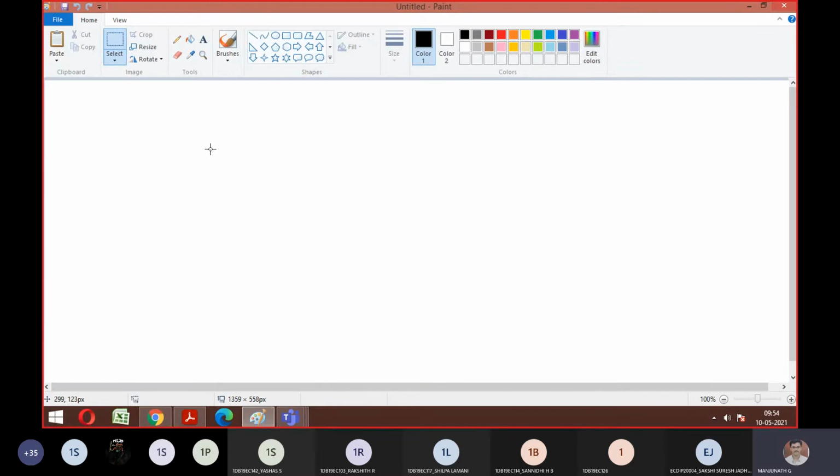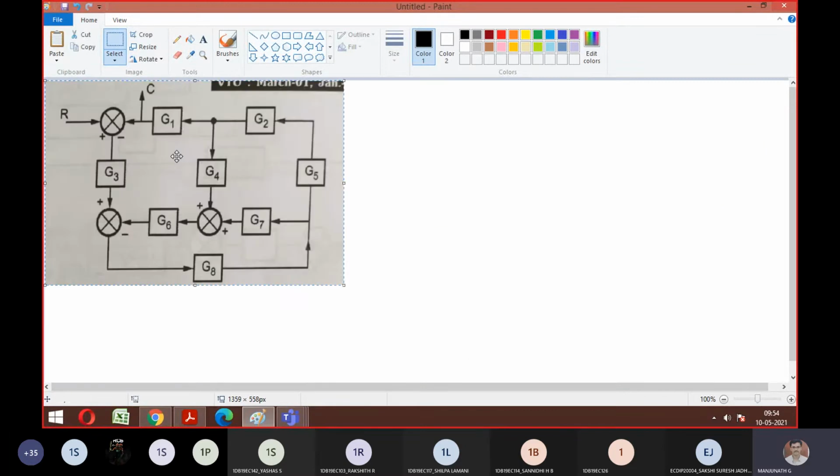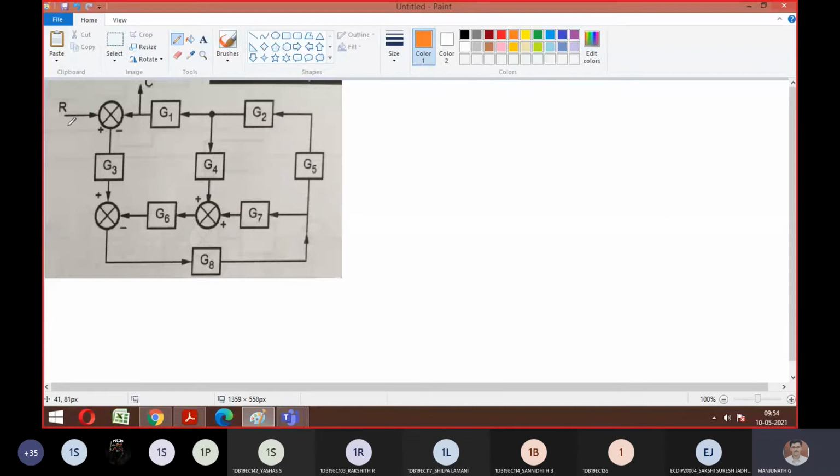What have we traced just now? We have traced the forward path. From the input, the forward path is like this. I can't go this way because it is entering. The only way is this way: G8, then G5, then G2, then G1, then output. This outline I have marked, if I replicate it in a diagram, is the question. That is what we are supposed to do as step number 1.